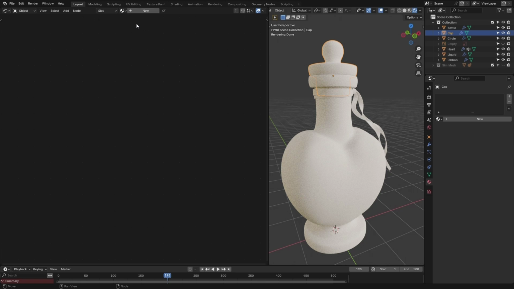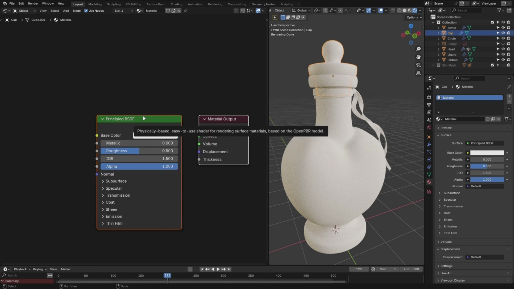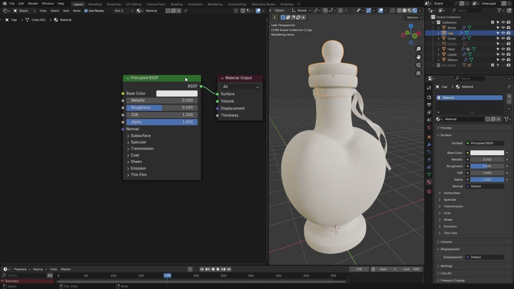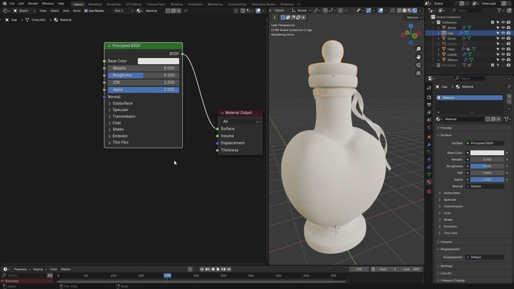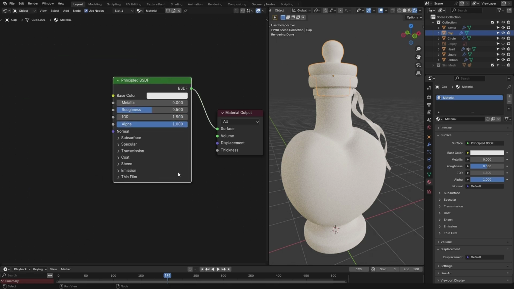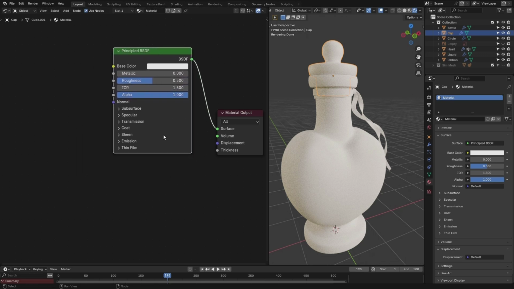All right, here we have two options to add a new material. One is from up here, new, and another here in the property panel, new. Both do the same thing, adding a principled BSDF, the default shader for Blender. The default shader is actually good for almost everything, and other than volumetric stuff, we're going to use it. For this kind of stuff right here, I'm using the Blender principled BSDF, combined with maybe some normal and